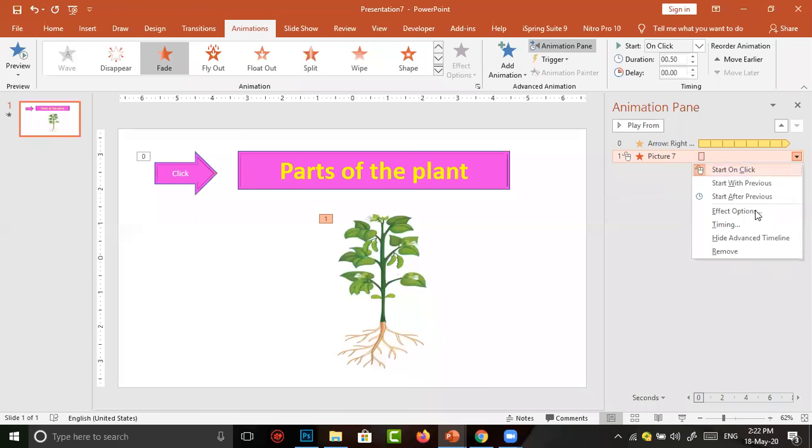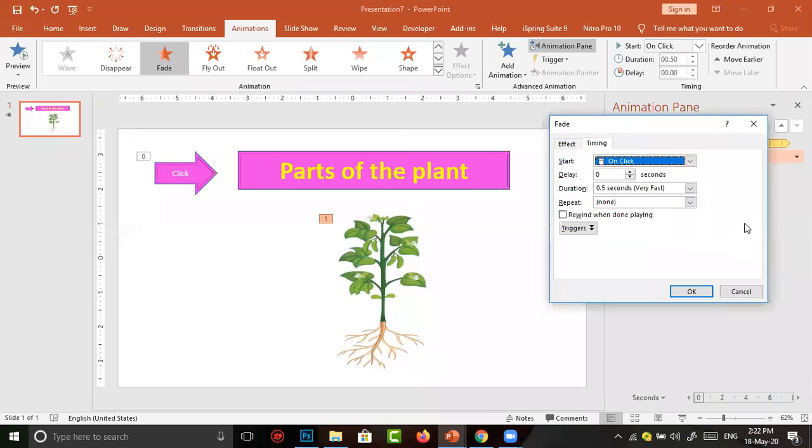There, go to timing options. In timing options, there are start, delay, duration, repeat, and the final one is triggers. Here we are going to use triggers. So click on triggers.